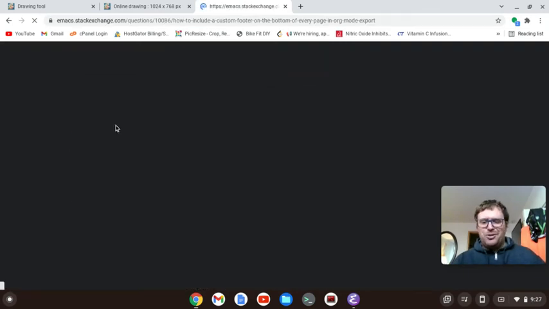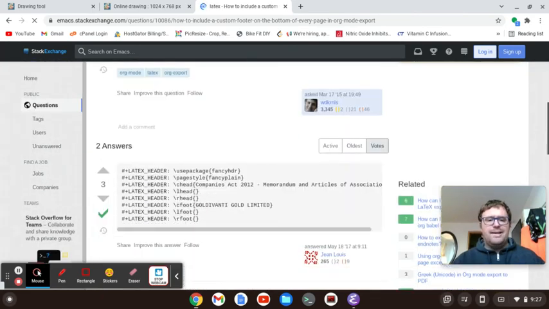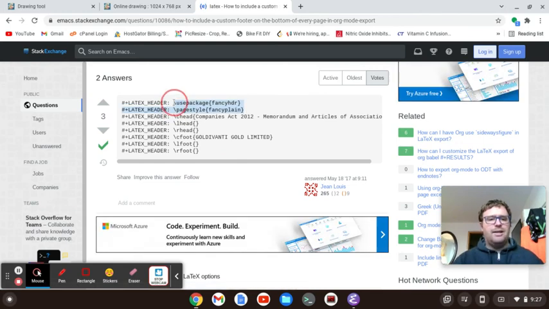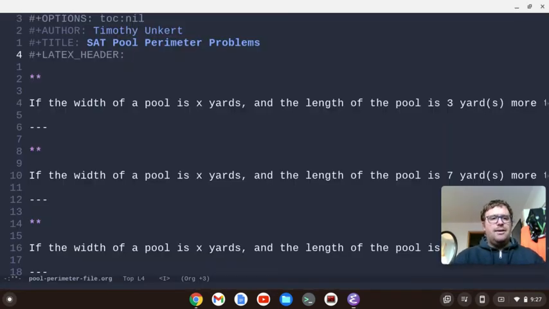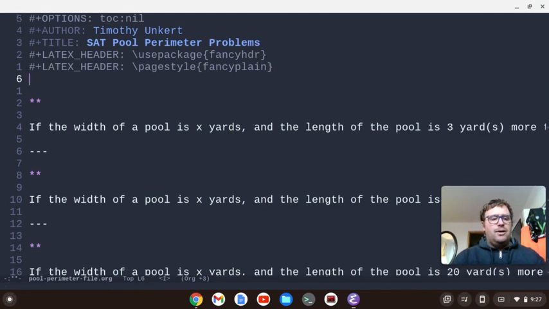This is typically what you do when you're a developer. You're going to Stack Overflow, Reddit, those kind of sites. This is Stack Exchange. Okay, so we want to get this stuff in here. Okay, so I'm going to copy that, and then I'm going to paste that in. So we want those, and then we also want this,